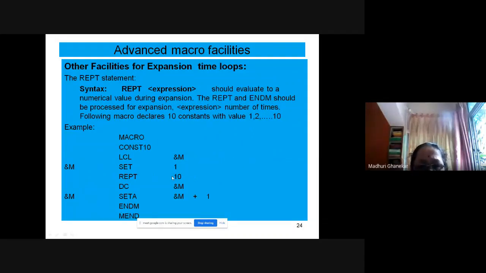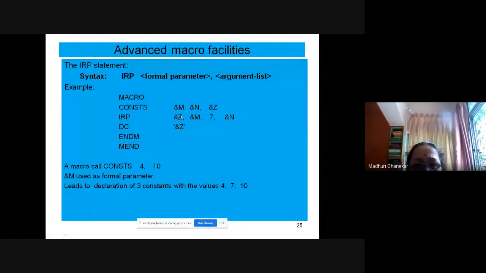REPT and ENDM are the pair, and whatever is inside that will get executed an integer number of times. Then we discussed IRP. IRP has one formal parameter that takes all the values in the argument list. The first is the formal parameter. It takes all the values in the argument list.